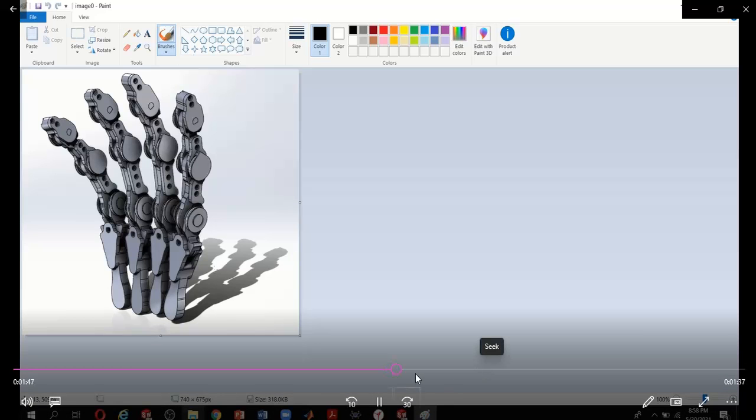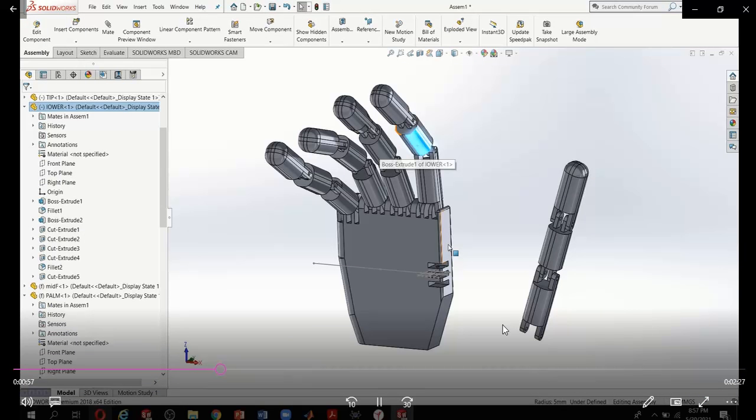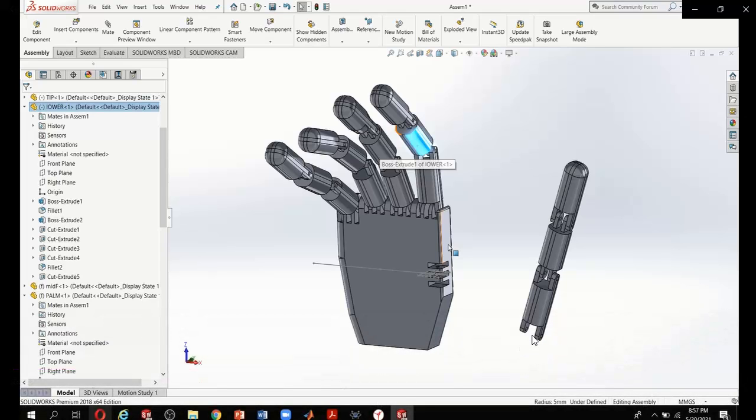So basically we have designed this one. This is our CAD model, our prosthetic hand. This is the thumb part. We have been working through our thumb because, as I have shown you before, the thumb's motion is very different when compared with all of the fingers.